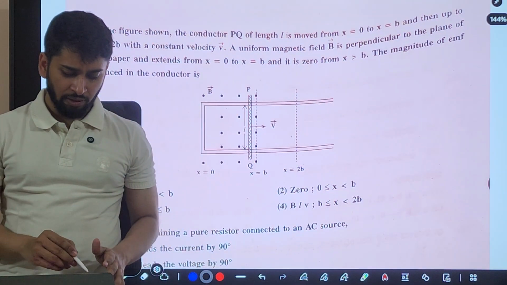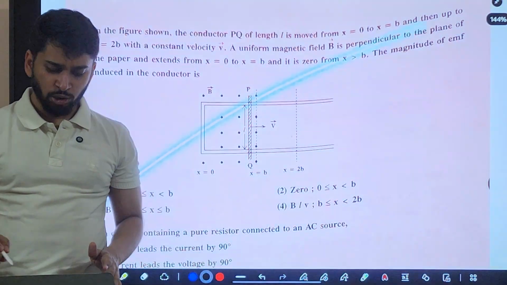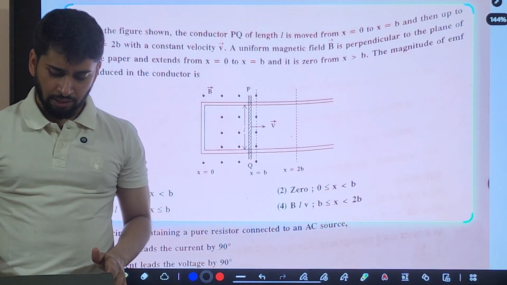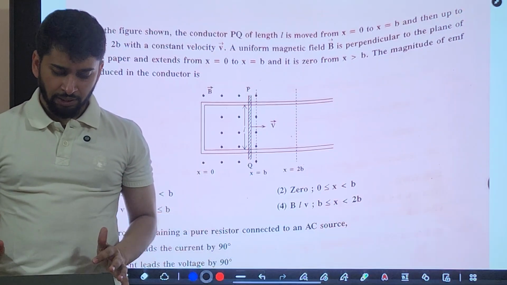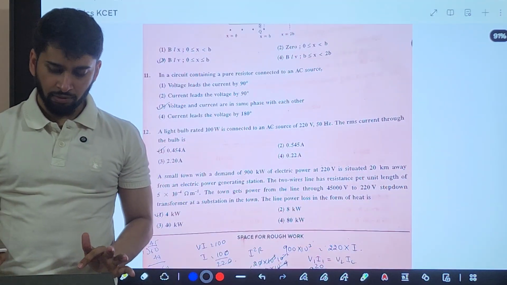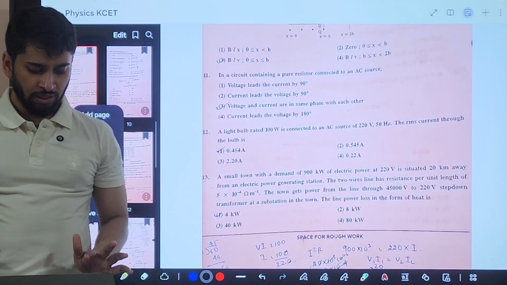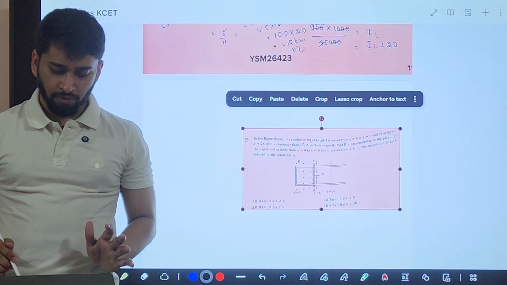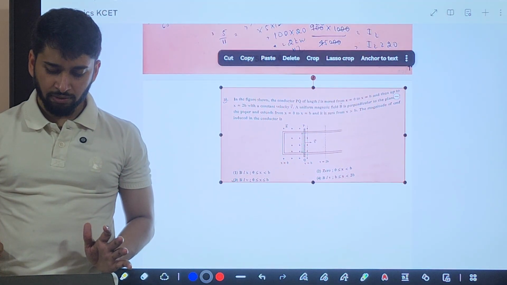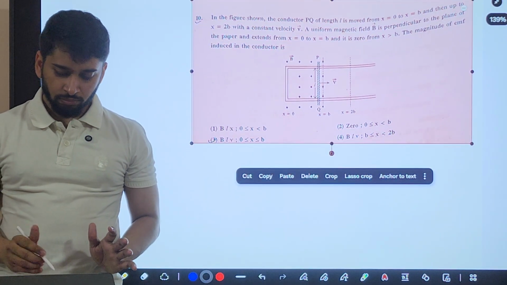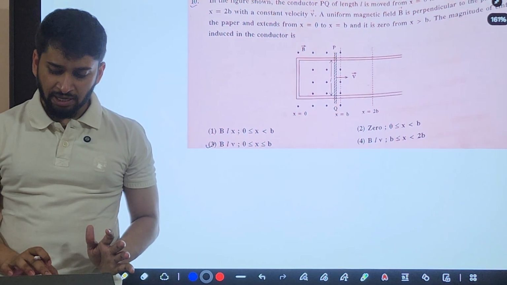10th one, you see what they are given. In the figure shown, the conductor PQ. Great. Let us see the 10th one quickly. What does the 10th one say? Great, it says a lot of things. But we have to see what that says. 10th question says in the figure,